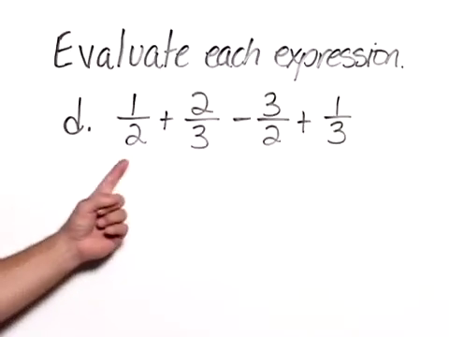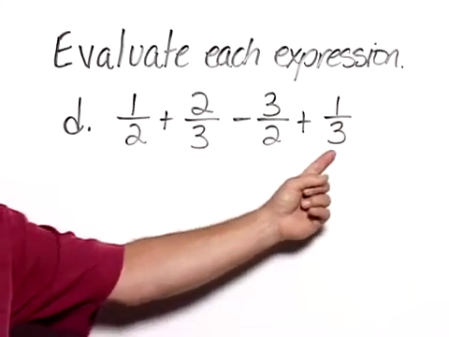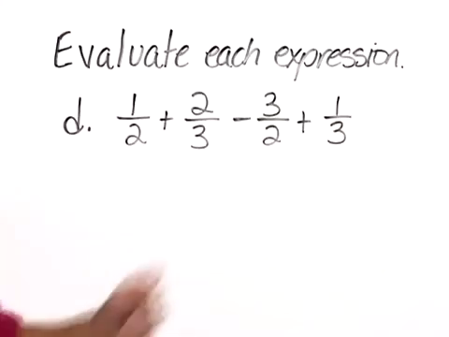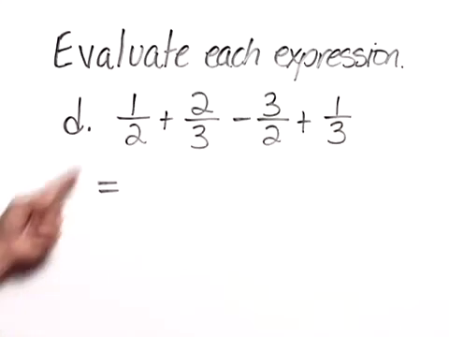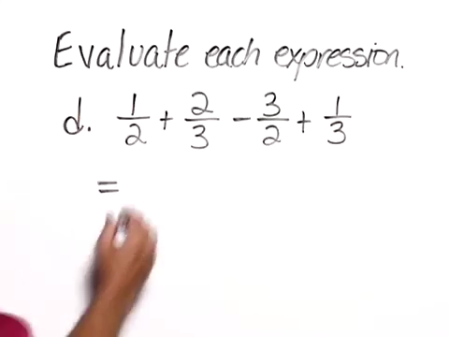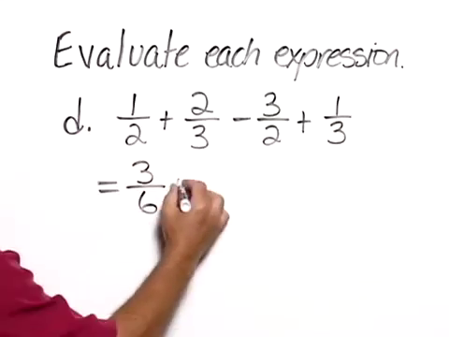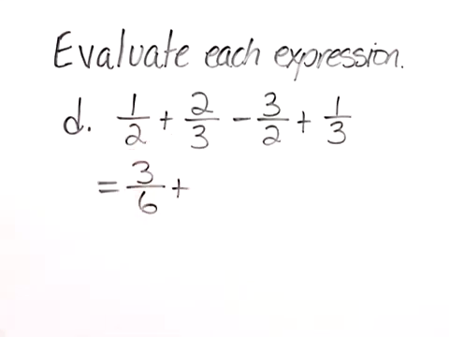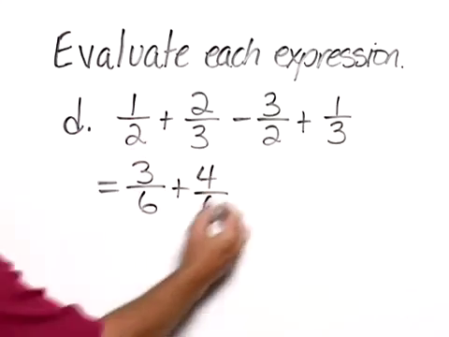For part D, we have 1/2 plus 2/3 minus 3/2 plus 1/3. We need to convert each fraction so that it has the common denominator of 6. Therefore, for 1/2, we multiply numerator and denominator by 3, and we get 3/6. Plus, for 2/3, we multiply the numerator and denominator by 2, and we get 4/6. Subtracting